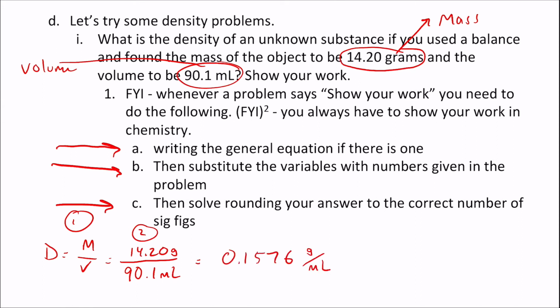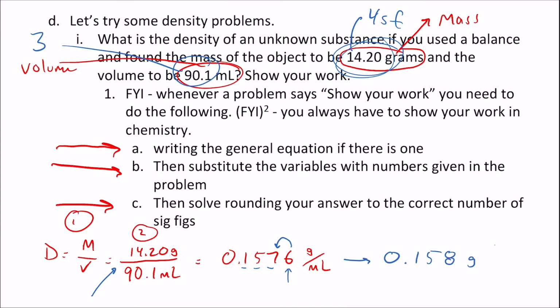The next thing we need to do is figure out the sig figs. Always go to what was given for your sig figs. This has 4 sig figs. This one has 3. So because we're dividing here, we're going to go with the least number of sig figs. Again, we're dividing. So we need to round this to 3 sig figs. 1, 2, 3. The next question is, all right, do we keep it as a 7 or do we round it up? Because that's a 5 or greater, it's a 6. We're going to round it up. So our answer will be